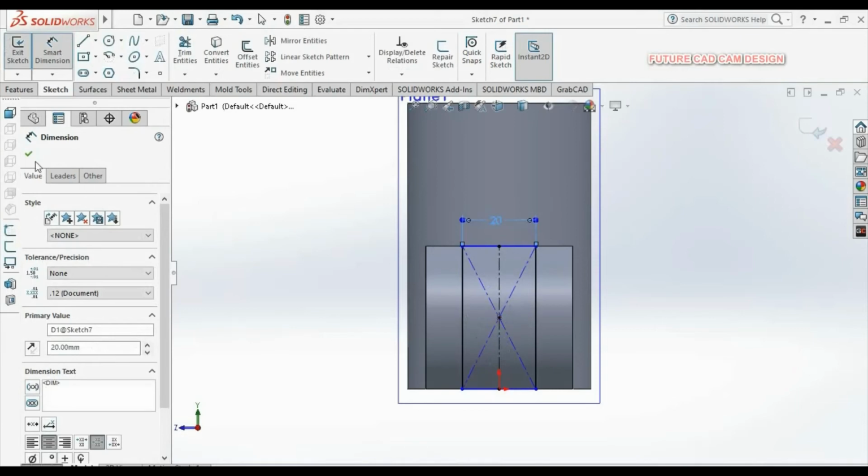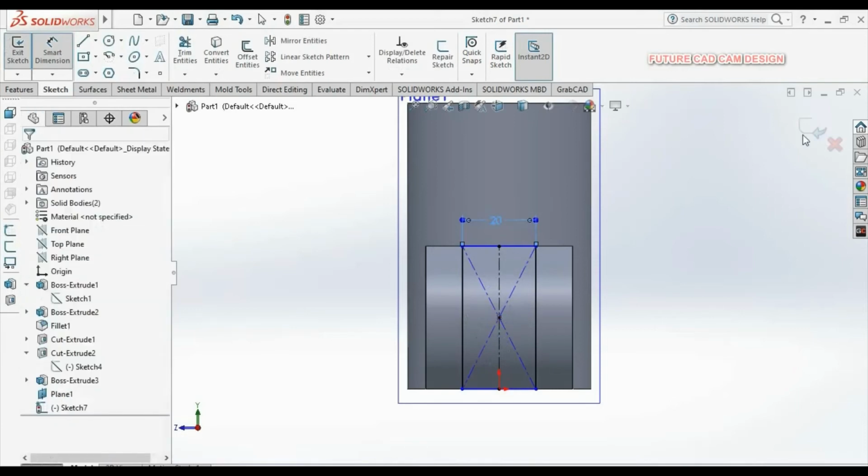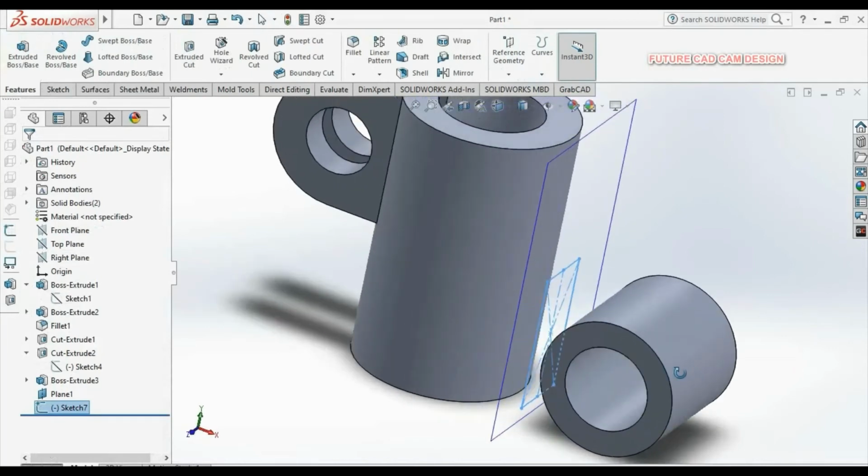So exit sketch option. You can see the sketch in between the two features.